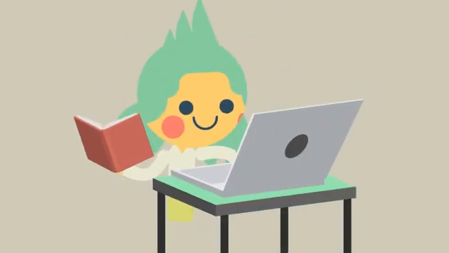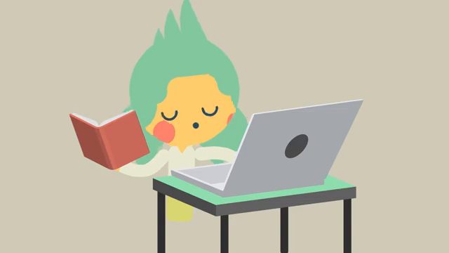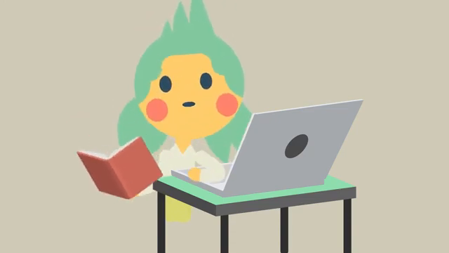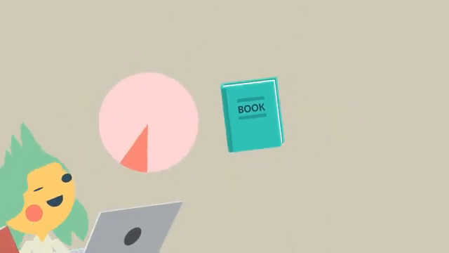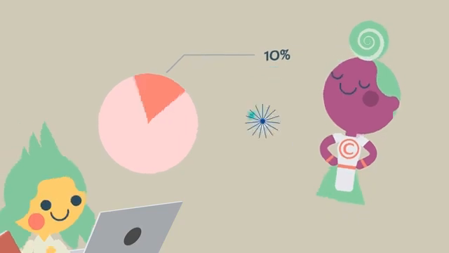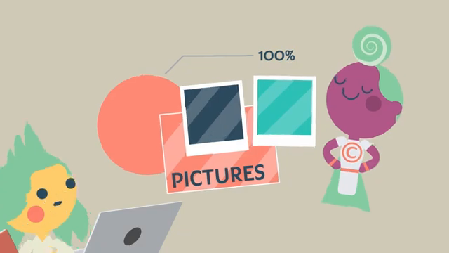As a student at university, you are able to copy a reasonable portion of someone else's work as long as it is for your research and study. So what is a reasonable portion? As a general rule, you can make a copy of up to 10% of a book even if it's online. You can make a copy of an entire article, and you can also make a copy of an image. Just make sure you acknowledge your sources.